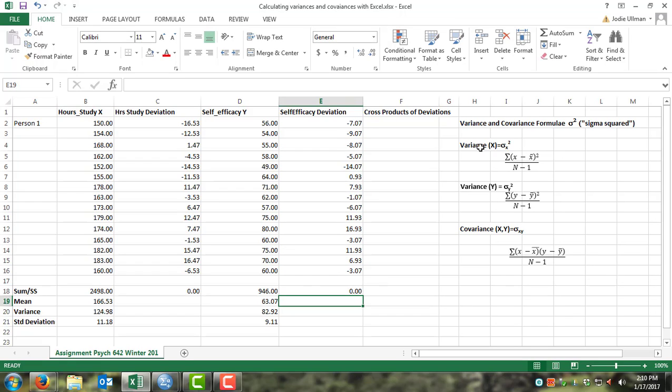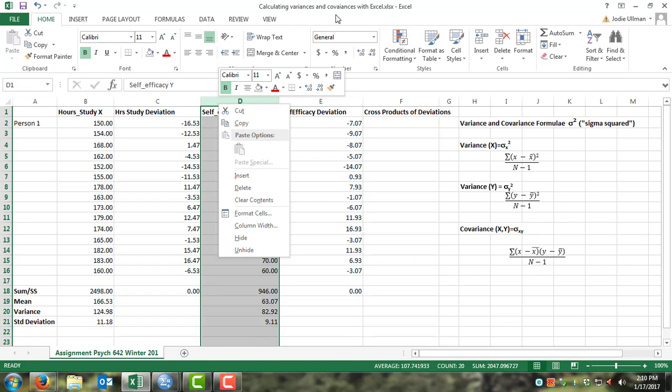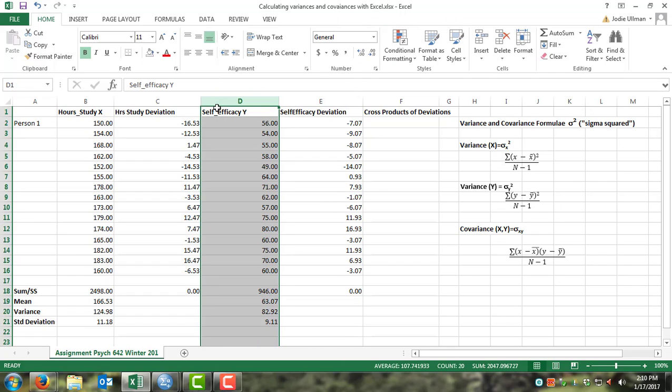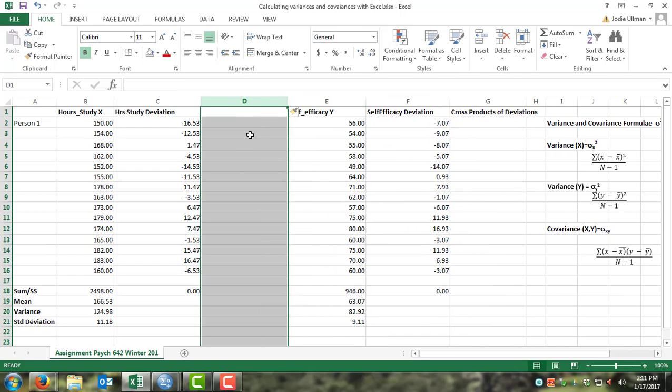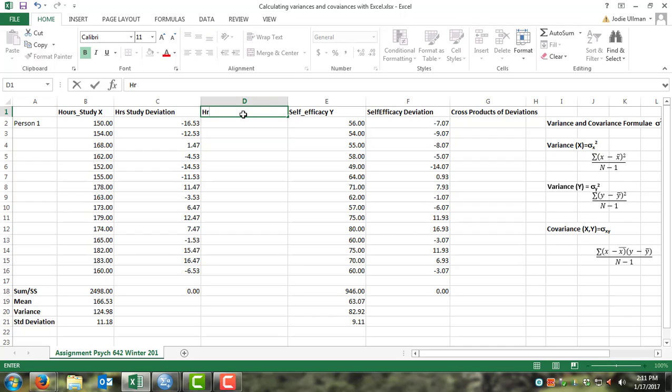So then let's work through this now. We want to get the variance of x. So really what we need to do is square this deviation. So in Excel we can add a column. Let me just show you again. I right-clicked on that, and it says insert, and voila, you insert a column. So I'm going to just call this hours study dev squared,